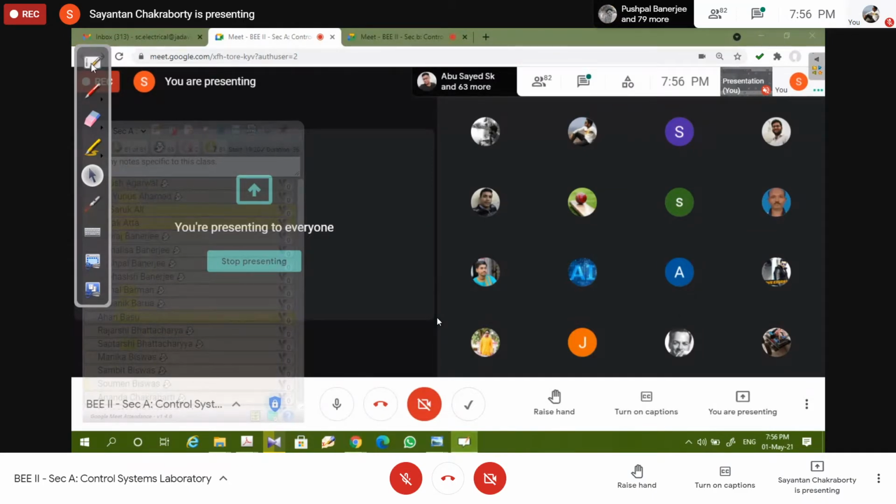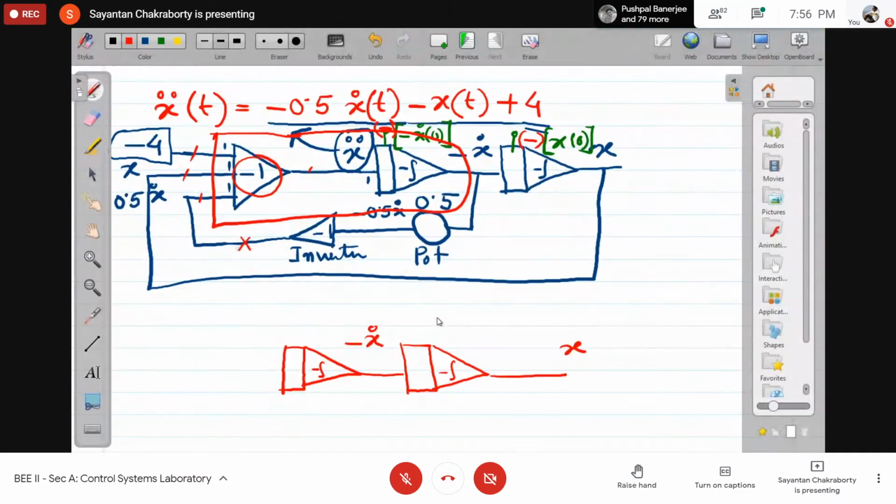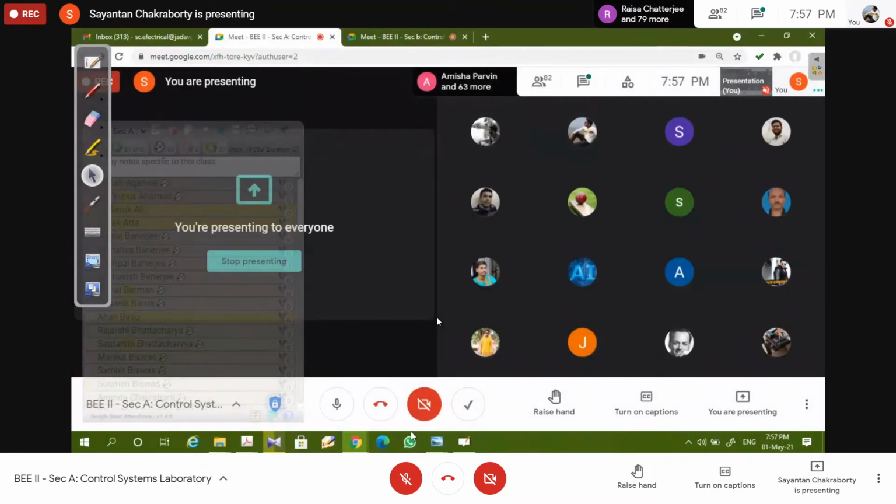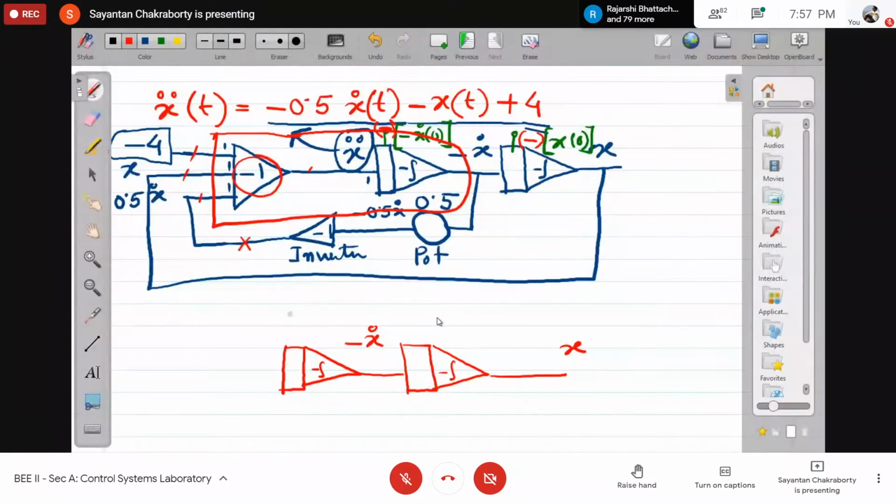This portion remains the same. Now, if I want to add this signal to the input of the integrator, what am I missing out? I'm missing out on this inversion. So what I can do is simply add